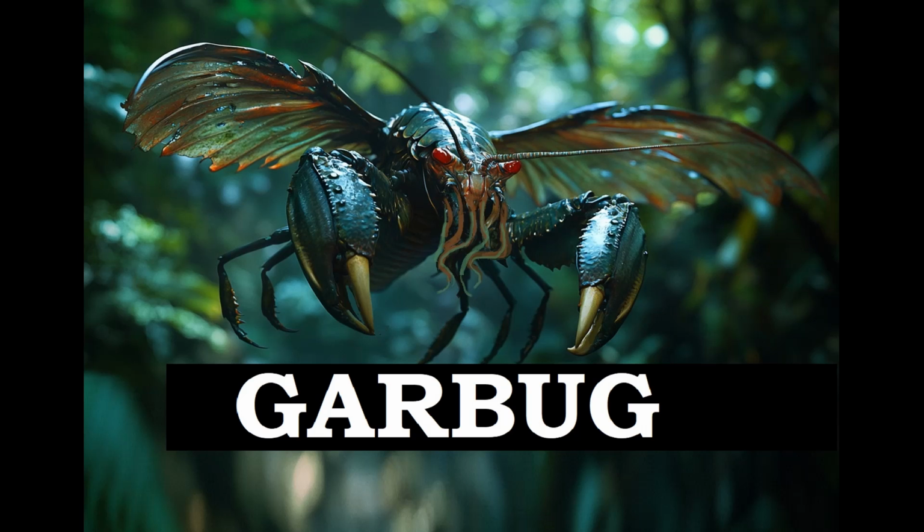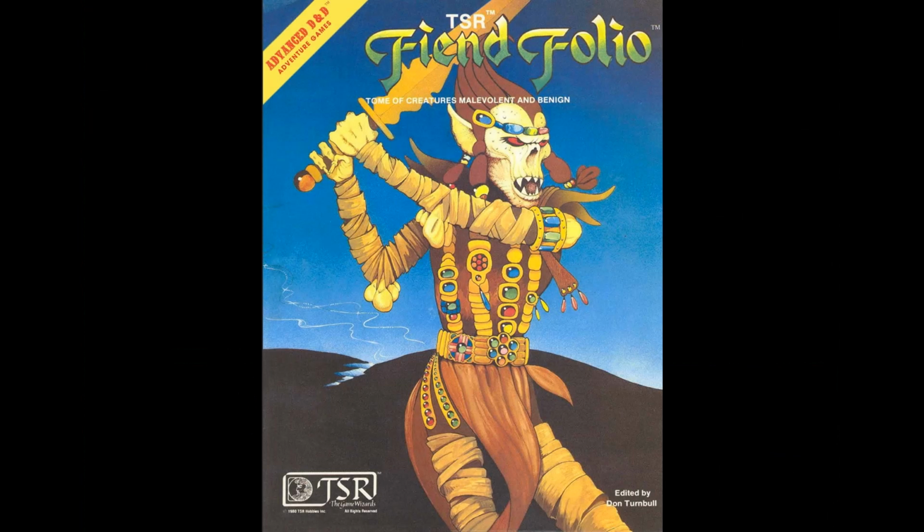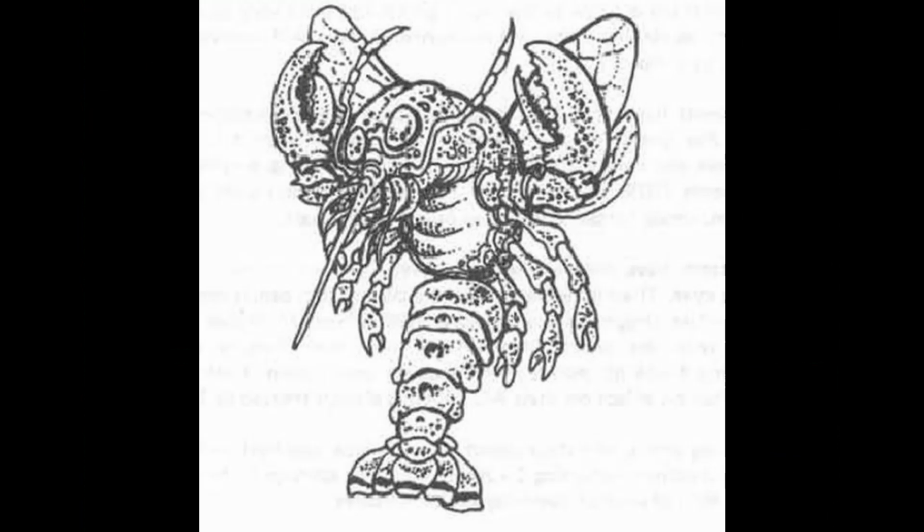Welcome! Today we delve back into the 1981 Fiend Folio to one of the strange monsters we've never heard from again. There's a lot to learn about the weird relative of the carrion crawler, the Garbug. Created by Jonathan Jones, who also created the Vault and the Wither Stench for the Fiend Folio. If I could sum them up in one simple phrase that should strike fear into any experienced player, these are